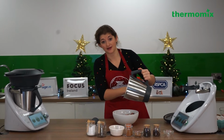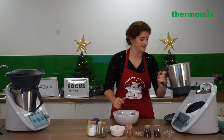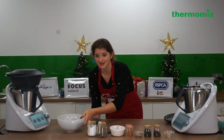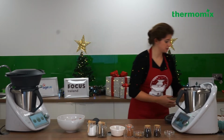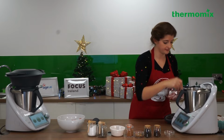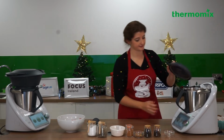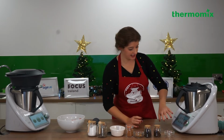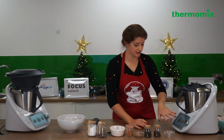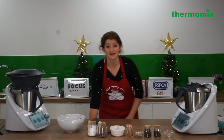Remember not to use any other kind of spatula in your Thermomix, just the one that comes with your machine. So put our bowl back in, set the meat aside, and now we're going to just do the remainder of our pork on its own. Turbo again. And then pretty much everything else is going to go in at once. So we've got some chicken livers to add some